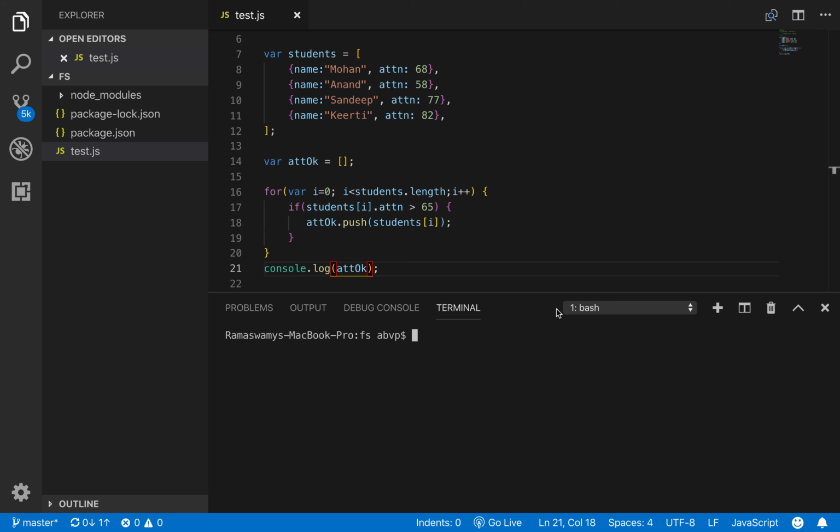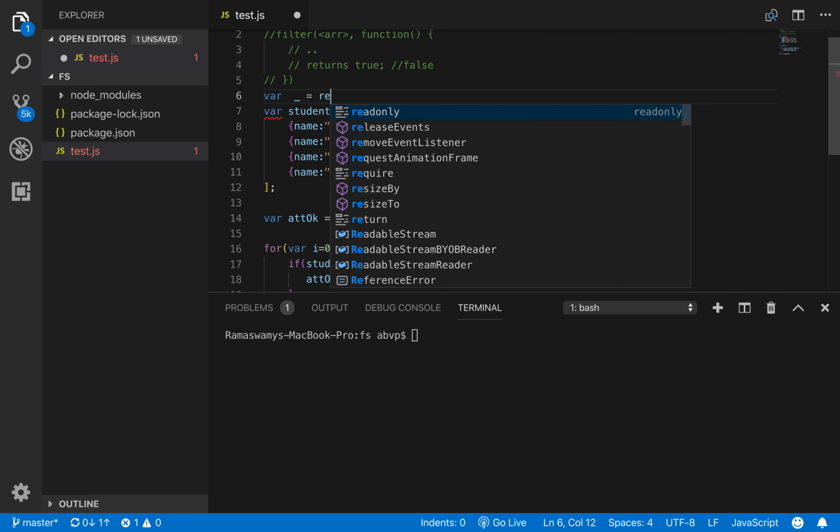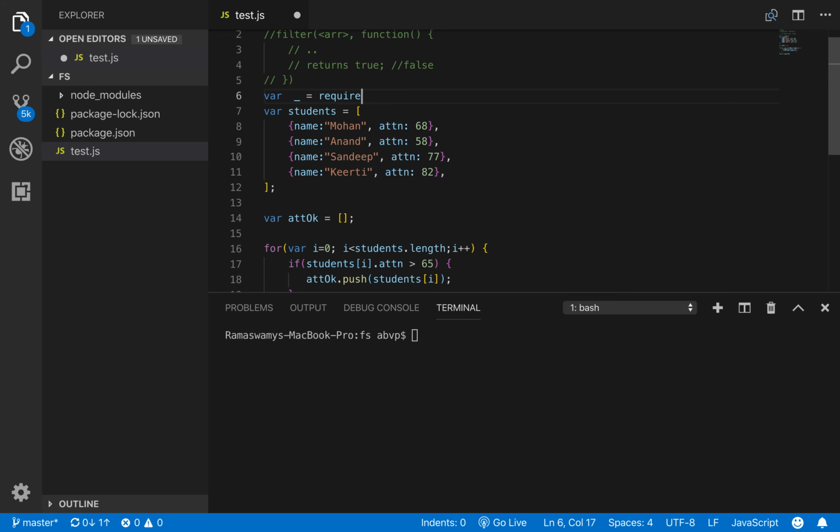Okay, now let us convert this procedural style to a functional style using the function filter. So in order to use filter, let us include our functional library called Lodash. Variable underscore is equal to require the library Lodash.